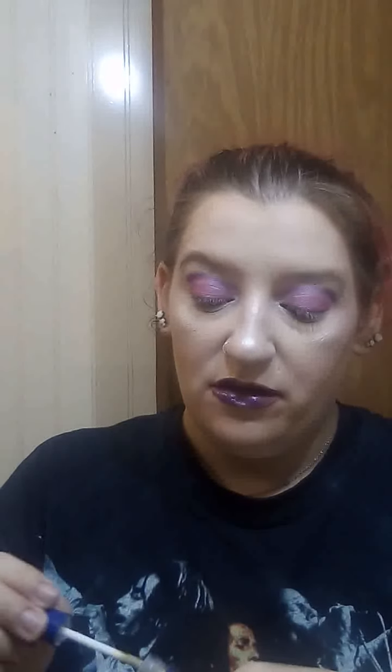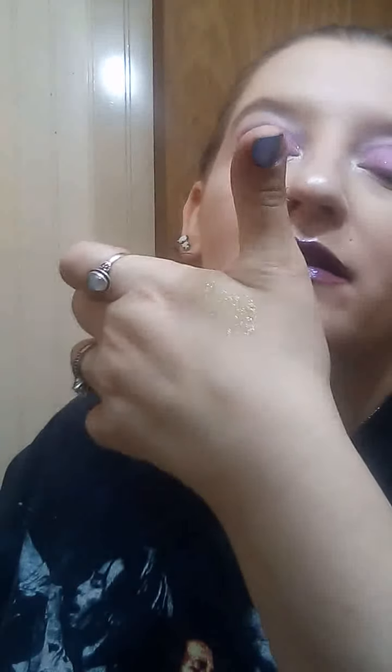Oh, that is pretty, though. I love that it's not really thick. And it's kind of scatter glitter so that you can put it over top of something and still see through it. That is super pretty. Because my liquid glitters that I have from,